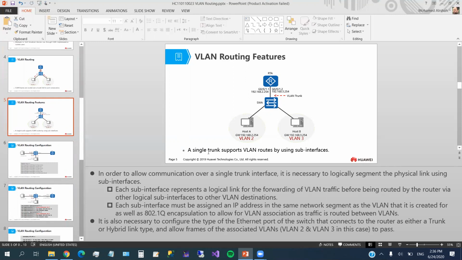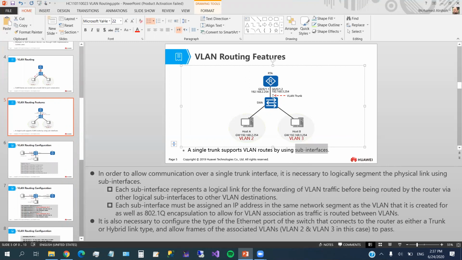A single trunk supports virtual LAN routing by using sub-interfaces. So this is one feature that we can use. If, let's say, we have only one empty port at our router, then we have no choice. We have only space for one link between the router and the switch. Then how are we going to assign 2 different IP addresses through the same interface? How are we going to assign 2 different IP addresses, one IP address from every